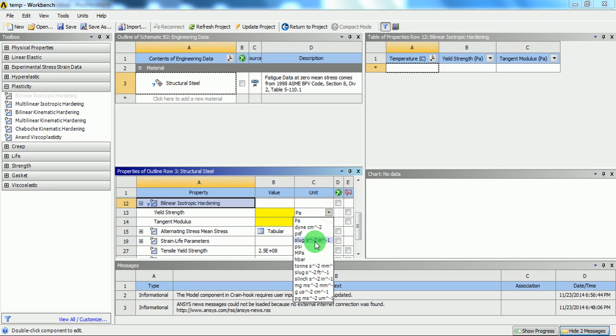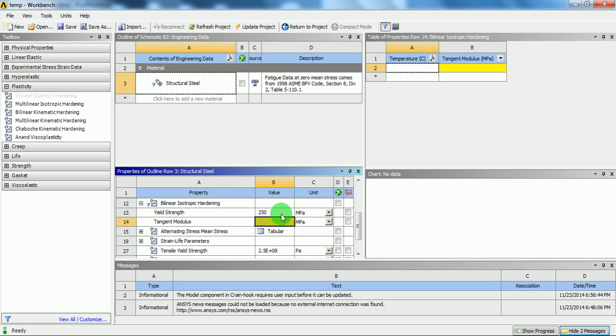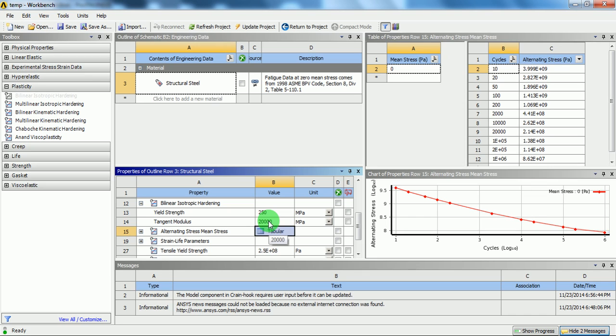Select the unit as MPa for both. Enter the yield strength as 250 MPa. Enter the tangent modulus as 10% of the elastic modulus. Once the material definition is complete, pick on Return to Project.